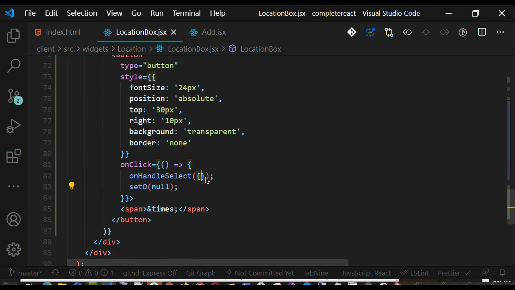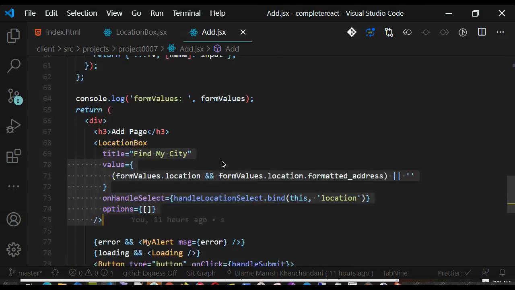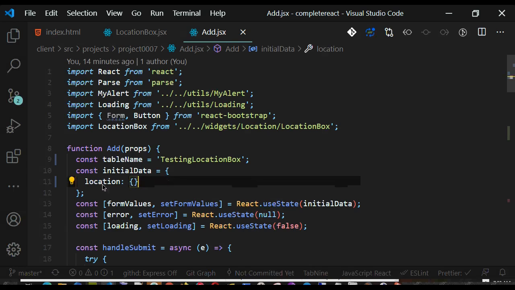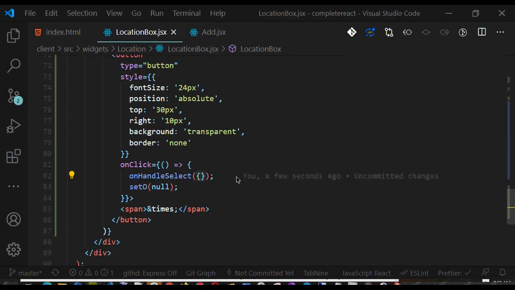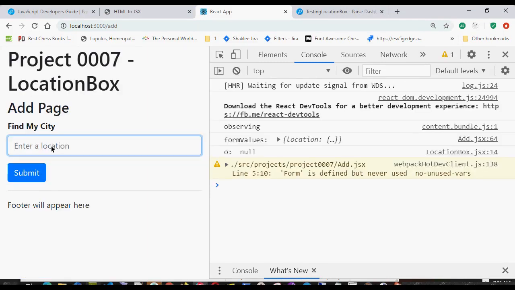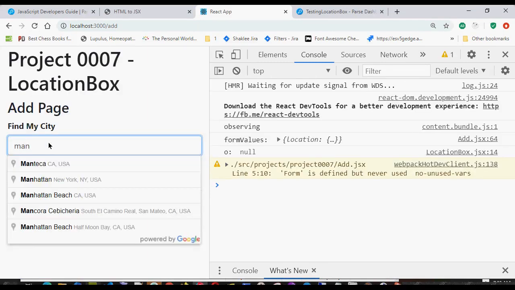null. Since I am expecting this empty object, it's better in the add initial value I should put as an empty object. Rather than location, I will put empty object. Now let's test it. So I'll put,